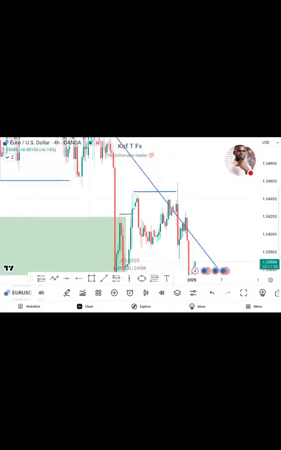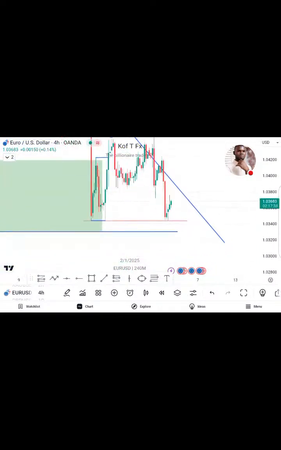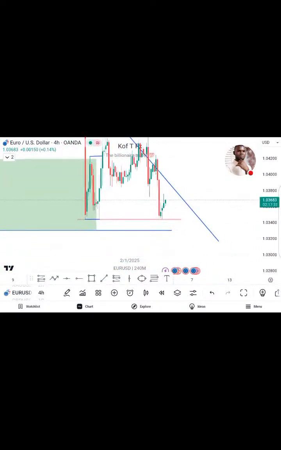So we have two BOS for me. Then we have this engineered liquidity as well. This weak zone is available as our demand zone,